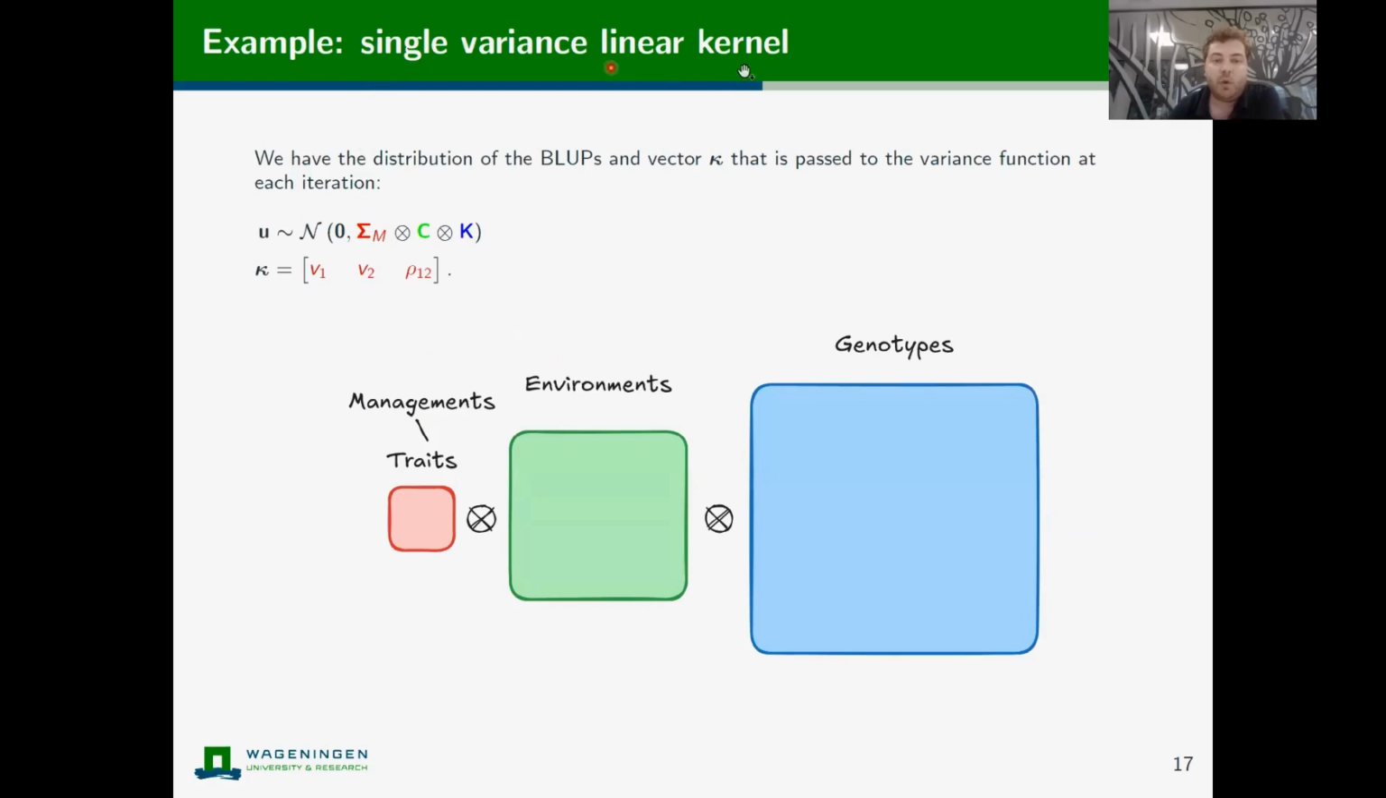The first one would be a model that uses the linear kernel with a single variance for all environments within a level of management. Mathematically, I guess it would look like this. And we would have our vector kappa, which has a variance for the first level of management, a variance for the second level of management, and a correlation between the 2 levels of management. So again, this is assuming that we have a data set with, let's say, low and high nitrogen, or rain-fed versus irrigated trials. We estimate that red matrix,